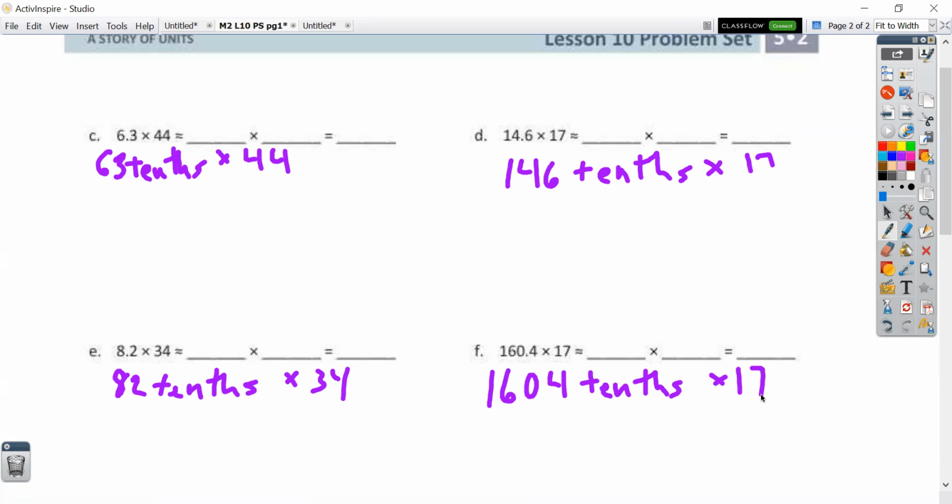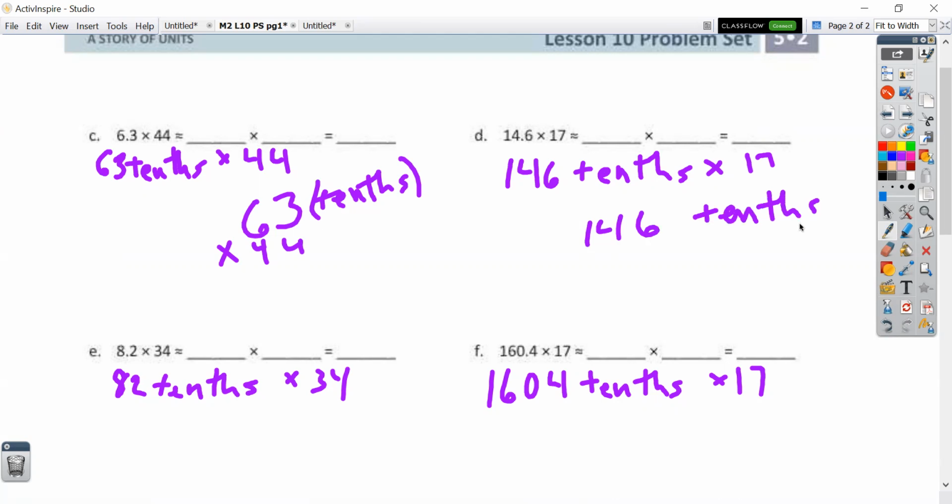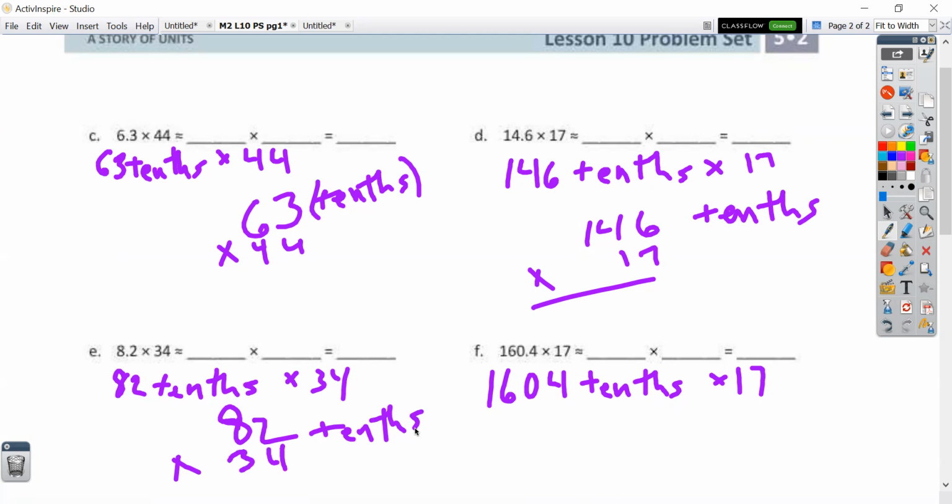So remember, if we're going to set these up, it would be 63 times 44. But remember, these are tenths. This would be 146 times 17. This would be 80, that's a bad 8, but 82 tenths times 34. This would be 1,604 tenths